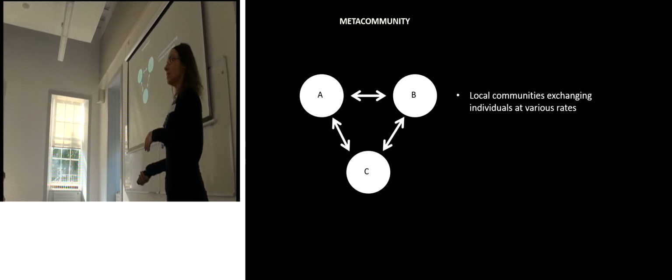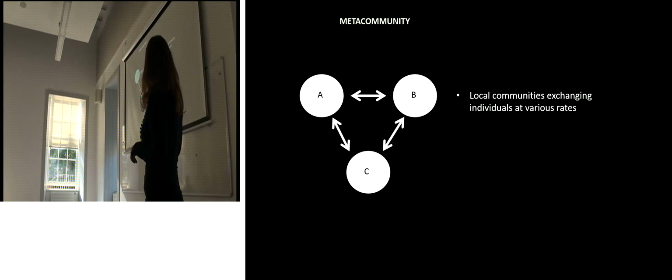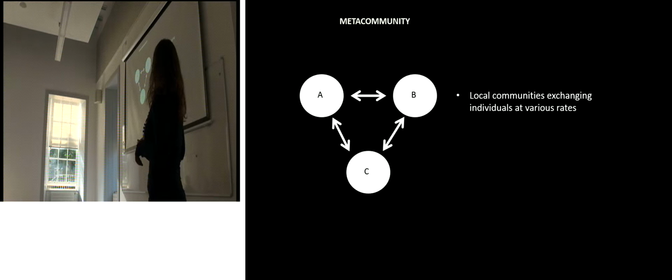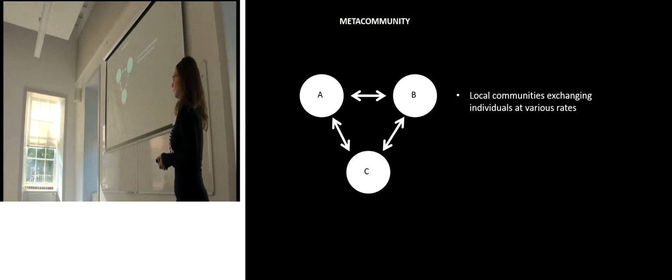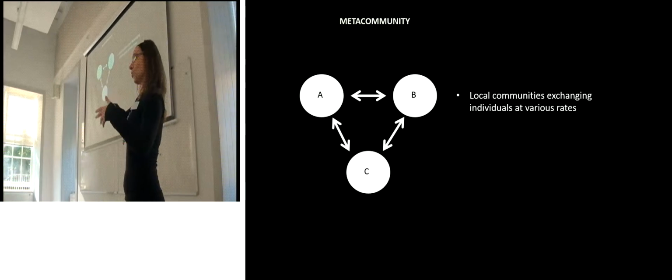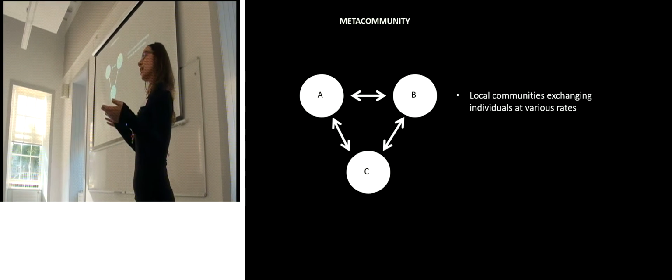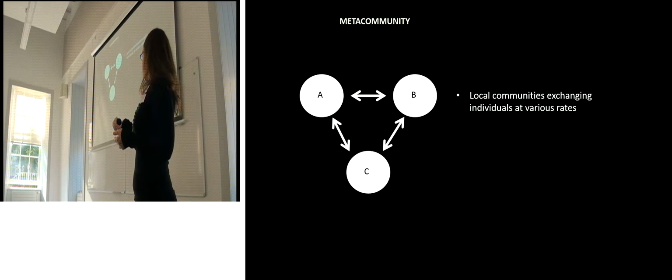Okay, just a quick definition of what a metacommunity is. A metacommunity consists of local communities that can exchange individuals between them at different dispersal rates. If we're talking about birds, dispersal can be a bird that flies from one community to another, and terrestrial plants have seeds that can be carried away with the winds. But when we're talking about aquatic metacommunities,